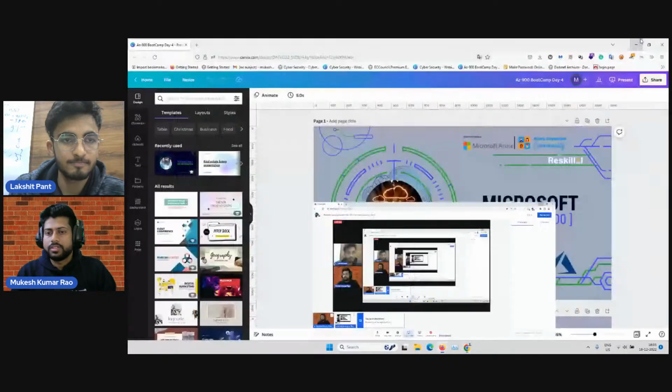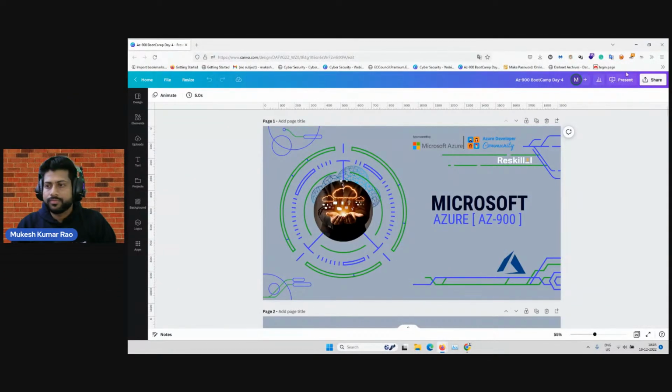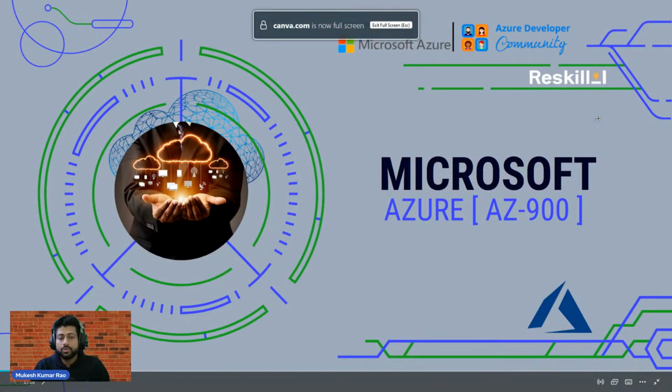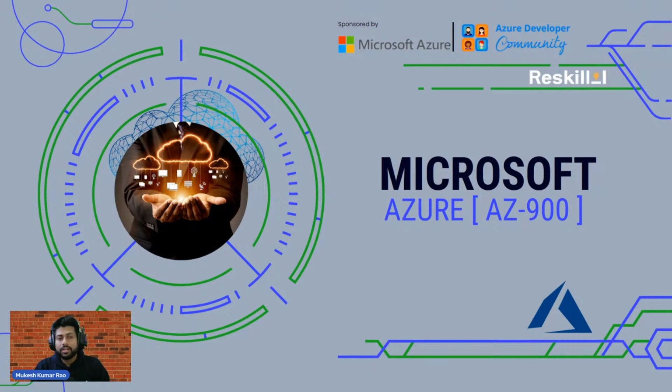Okay, great. It's visible. So since yesterday we have seen how we can host a website, what the different architecture modes available are, and what services we have covered. Continuing with that, today we will focus on security, governance, and monitoring.